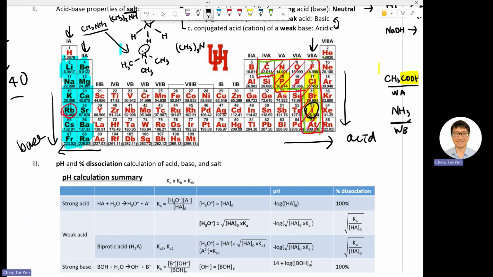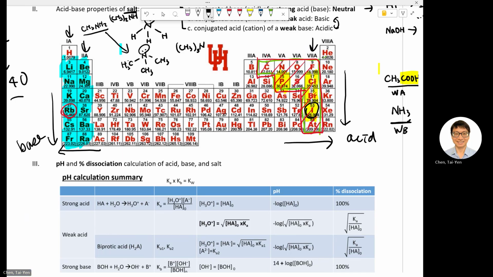So you have sodium, lithium, potassium. That's 1A, right? Or you have magnesium, calcium. That's your 2A. Or you have 7A: chloride, bromide, iodide. So if you see a chemical formula that contains those species,